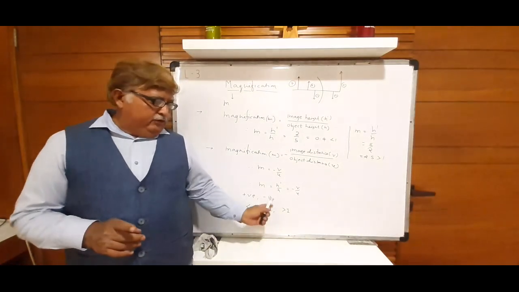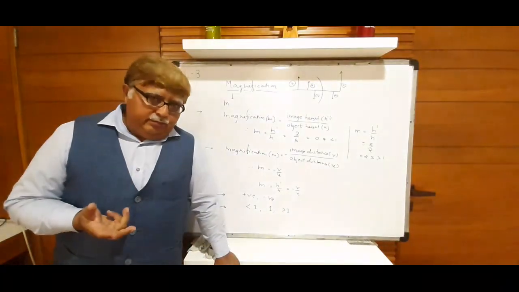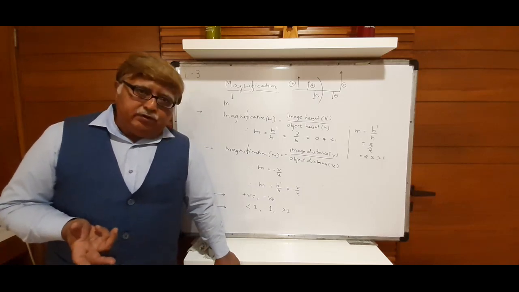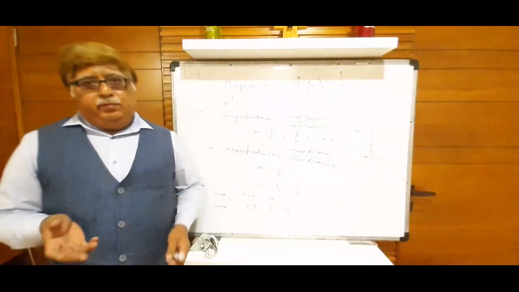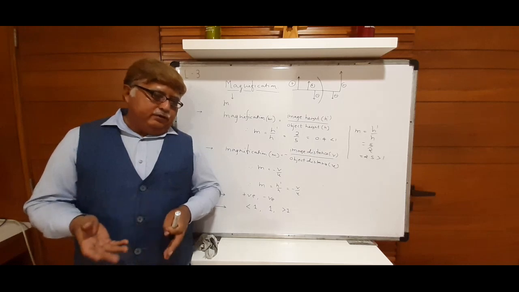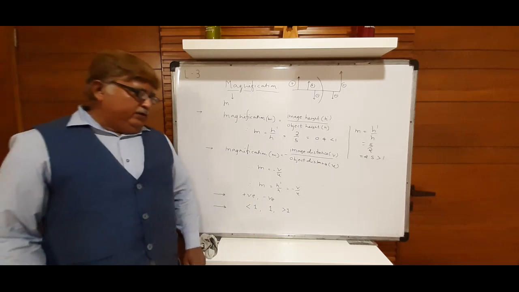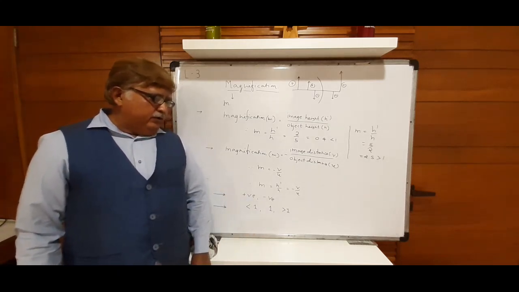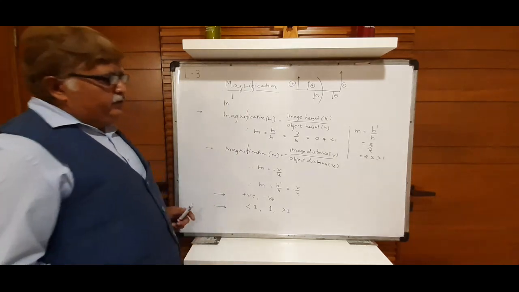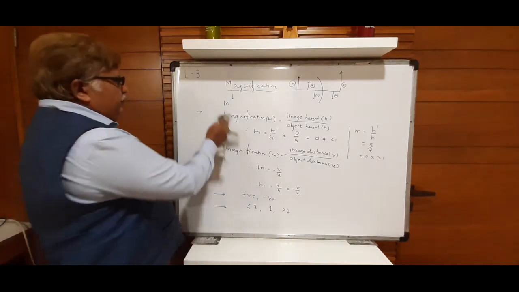So my dear students, these two points are very important. Magnification can be less than 1, greater than 1 or 1 depending on which type of image is formed, and whether the image is larger, similar in size or smaller than the object. So this many points you need to remember in terms of magnification, and if in exam you are asked to write a short note on magnification, these points are, I think, sufficient. So the topic of magnification must be clear in your mind.